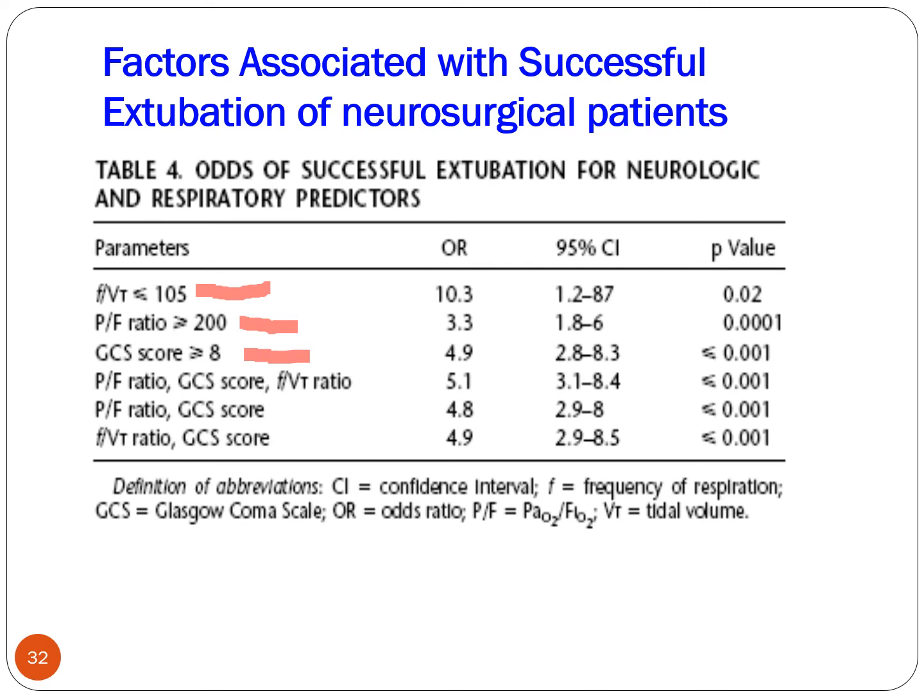And then, they did some other studies where they combined the PF ratio, the Glasgow Coma Scale, and the RSBI. So the point is the top three are really, really important. In other words, if you are in the neurosurgical unit and you're extubating these patients who are typically difficult and typically require reintubation, these are the things you want to look at. You want to look at your RSBI. You want it to be less than 105. You want to look at your PF ratio, which you want greater than 200. And very importantly, you want to look at the Glasgow Coma Scale to be greater than 8.